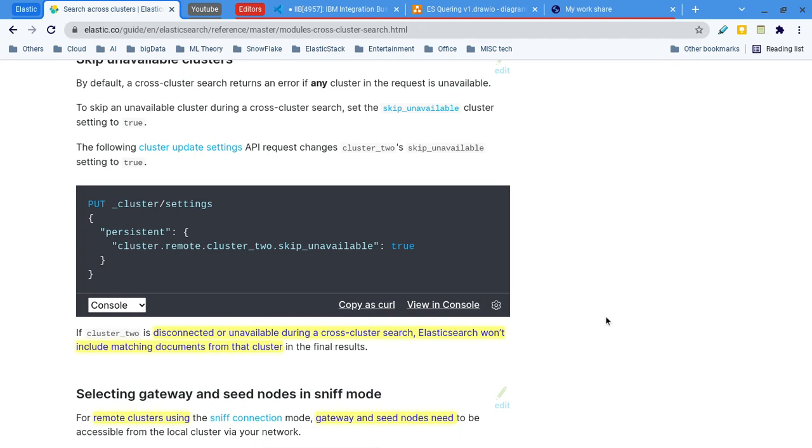If a remote cluster is not available, it will ignore that cluster, forward the request to the available clusters, receive their responses and send them back to the client. We have to configure this, and it is very important, because we cannot say a remote cluster is always reachable. It just gracefully ignores that error.